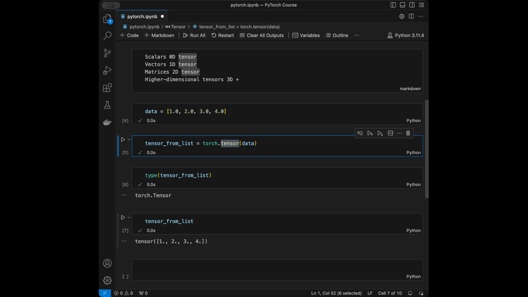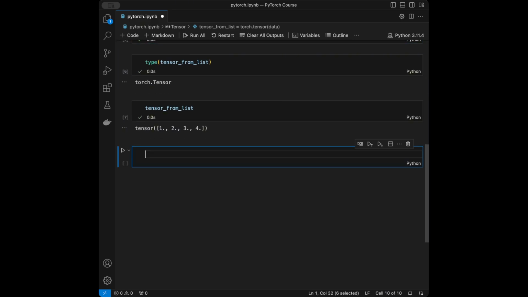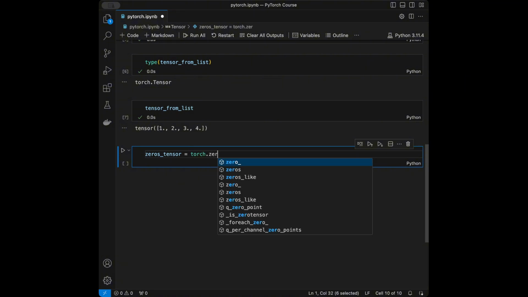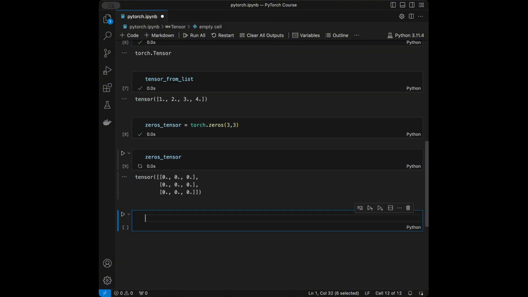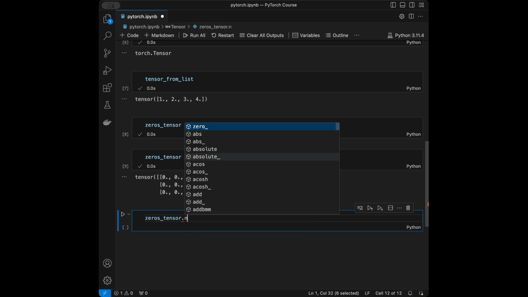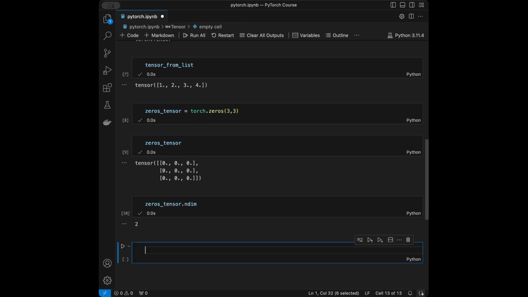PyTorch also provides several functions to create tensors with predefined values. So let's create a tensor of zeros. We can call zeros_tensor, and we will use torch.zeros like this. And I'm going to call the zeros tensor. We are going to have something like this. And we can call zeros_tensor.ndim, and we are going to see the dimension of this